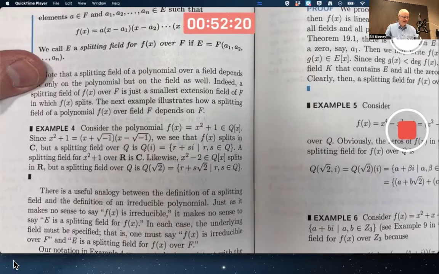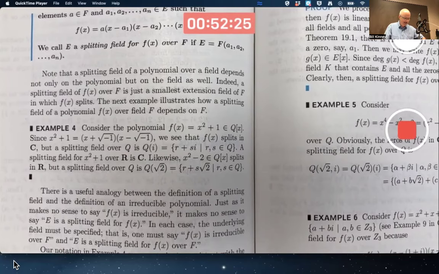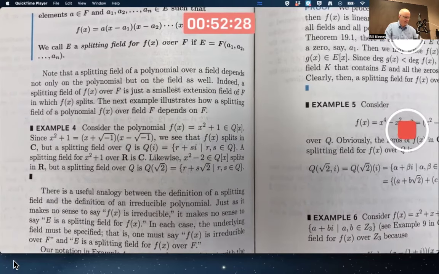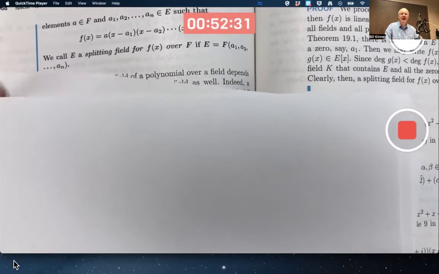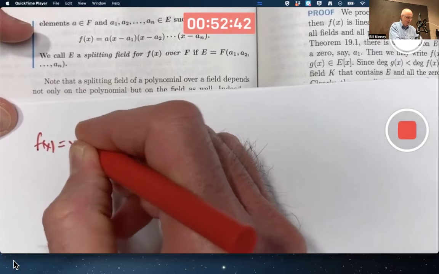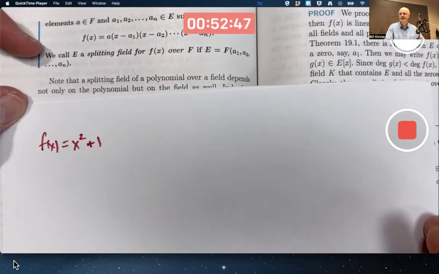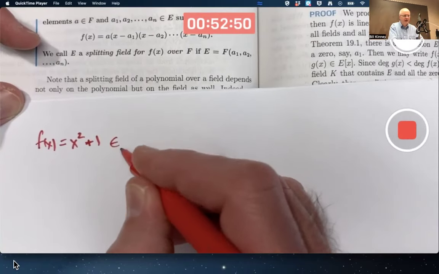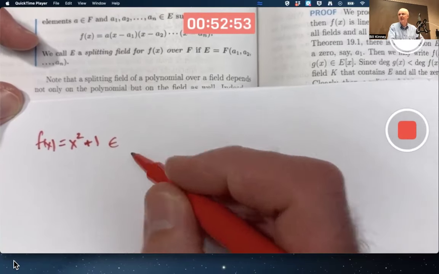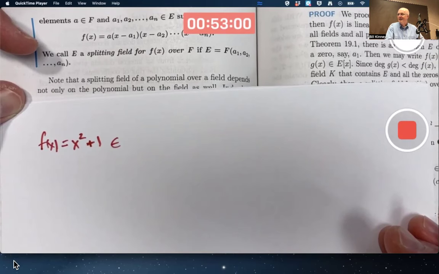Okay, let's think about that example without looking at what the book says there. I mean, you're already looking at it, but let me cover it. We are talking about the polynomial f of x equals x squared plus 1 again. With this example, I don't know if you noticed, there were no finite fields. We could think of it as an element of Z[x]. Its coefficients are certainly integers,